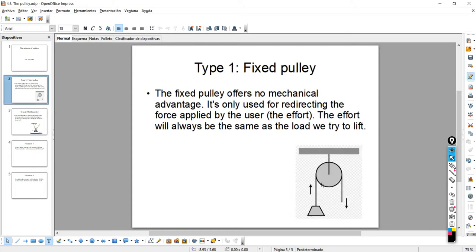So this is the usual pulley that you may have seen before. What do we have in here? What aspects or parts do we have in here? Well, you must notice,